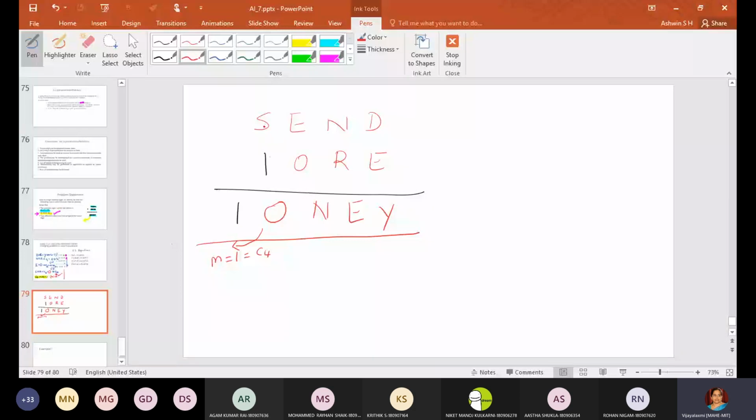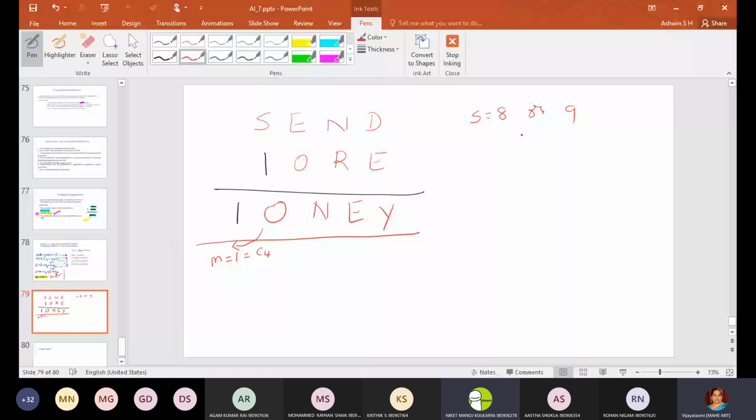So then what should be the value of S? S should be equal to 8 or 9. Am I right? Ma'am, what about C3? Yeah, that is what we have to now decide. What about C3? We don't know. That is why I have written S is equal to 8 or 9. I don't know C3.